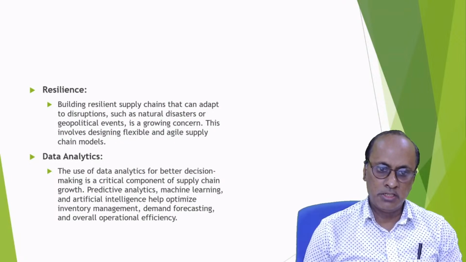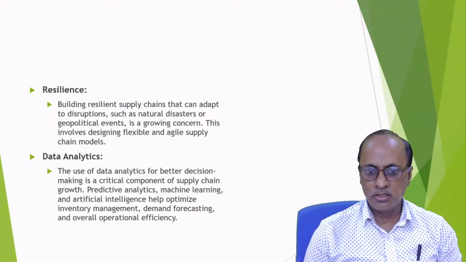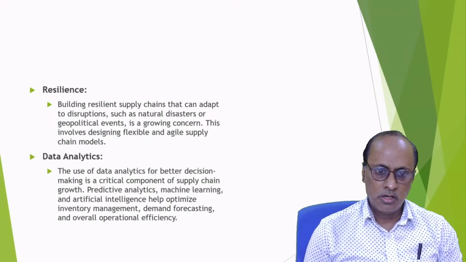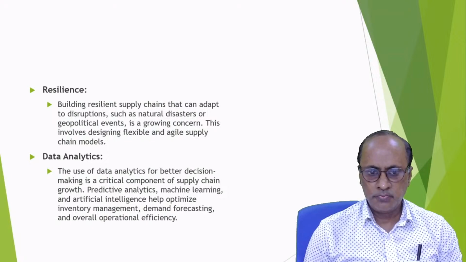Resilience: building a resilient supply chain that can adapt to disruption such as natural disaster and geopolitical events is a growing concern. This involves designing flexible and agile supply chain models. So, how to overcome the problems or disruption such as natural disaster or geopolitical events? Suppose the war